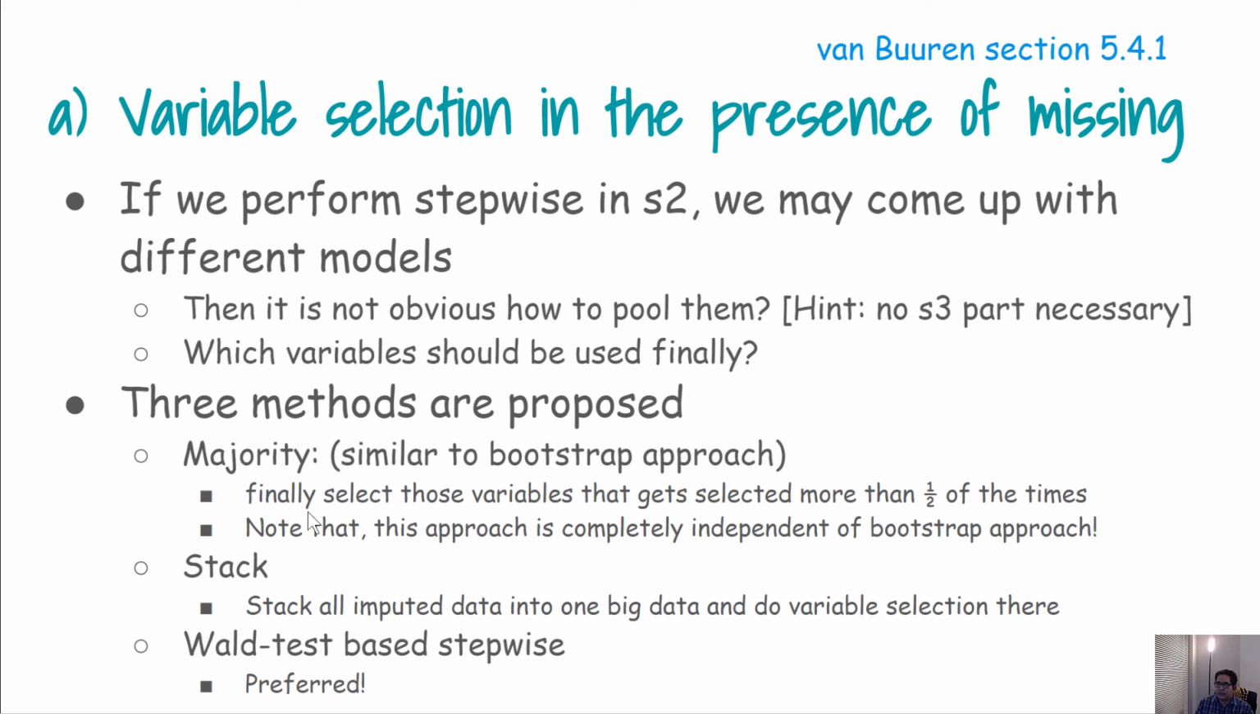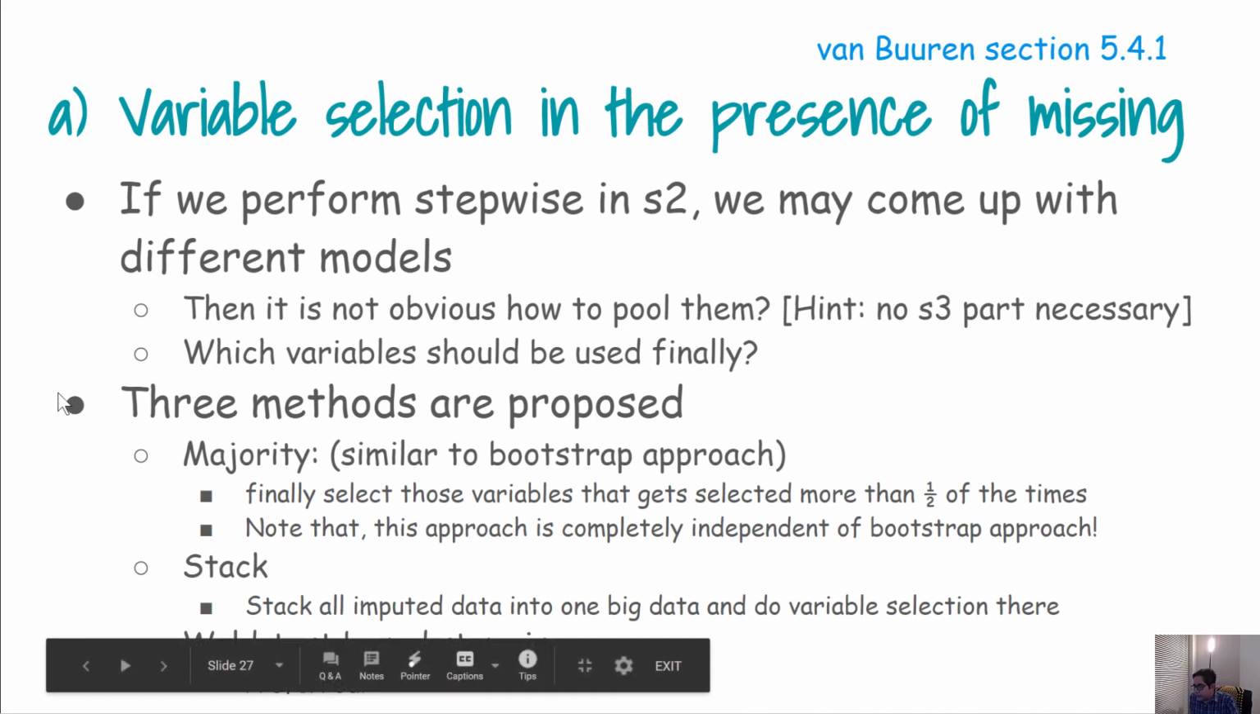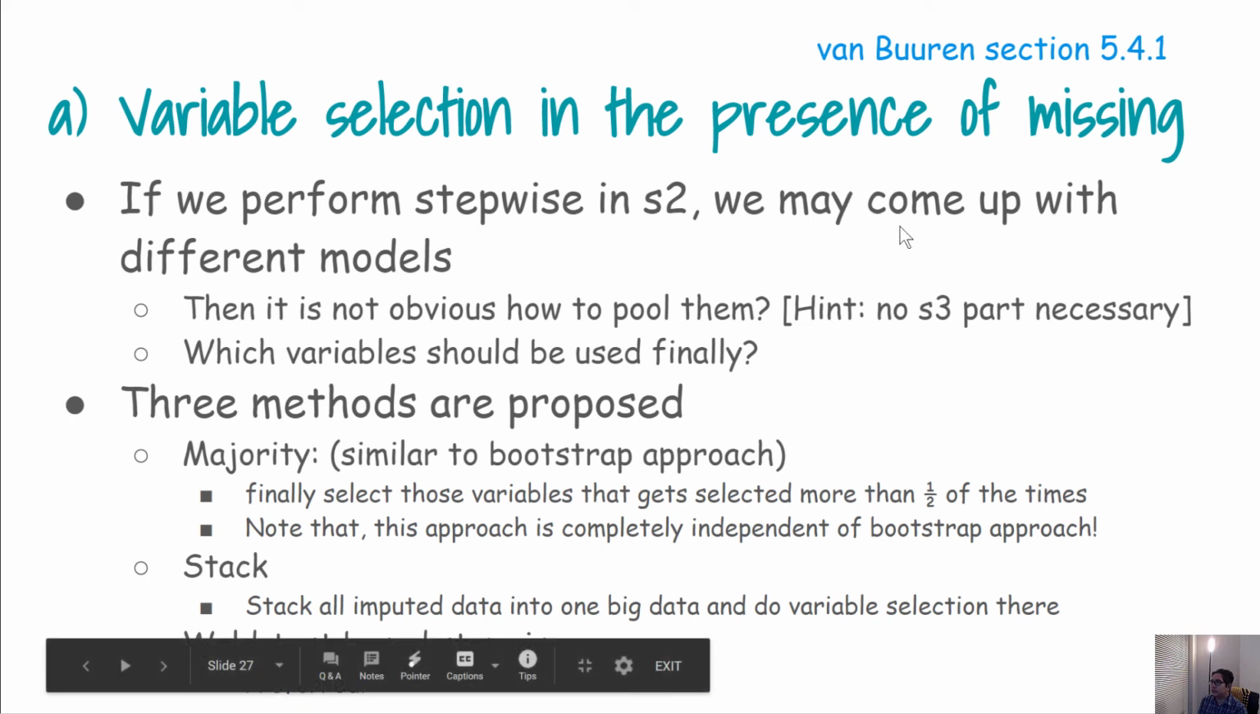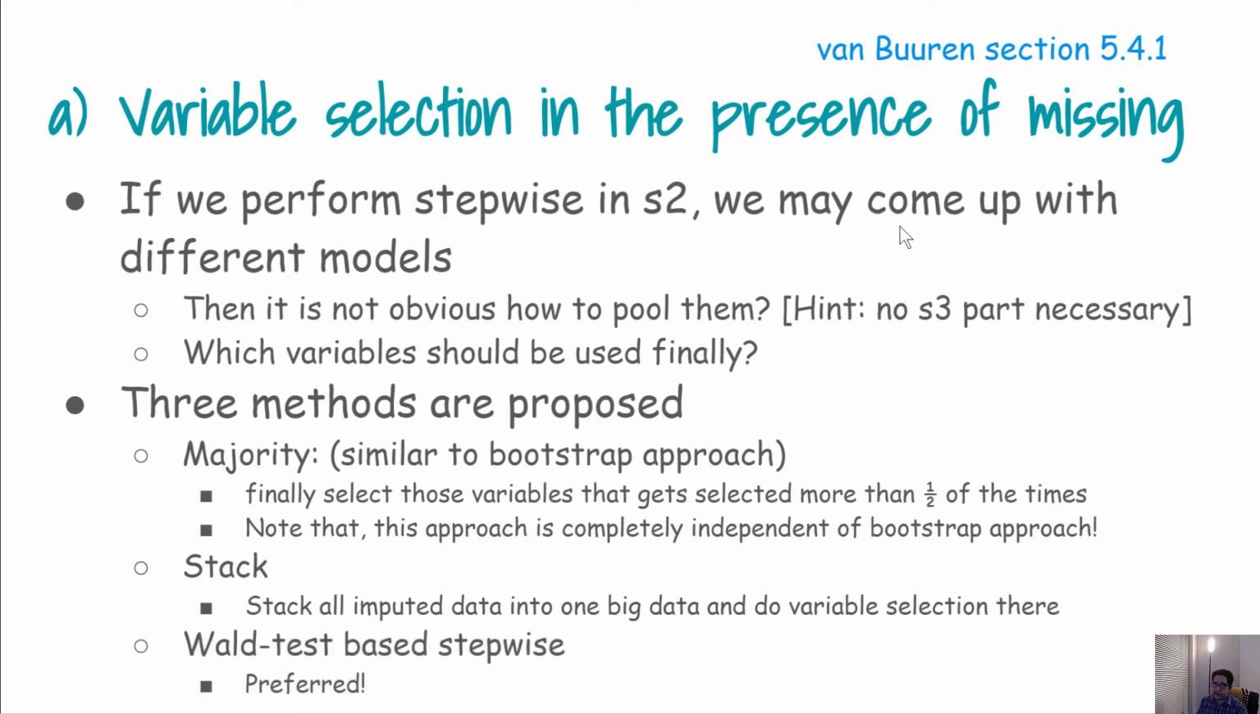And note that Bootstrap has a very similar approach of variable selection, but Bootstrap and this MI process, or multiple imputation process, are not exactly the same, and they might give you different results as well. Stack is a process where, for example, if you have 100 datasets, you combine all of the 100 datasets into one dataset, and then you do variable selection in that one dataset with a very large number of observations, and then whatever variables you come up with in that one regression will be the final solution from that stack